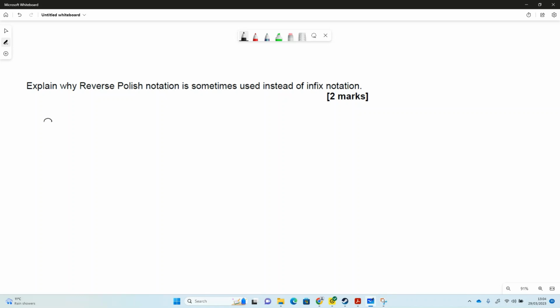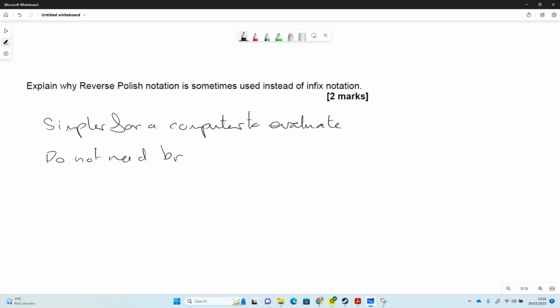We could say it's simpler for a computer to evaluate, because of the way the computer works with the stack, we can evaluate the expression in one go rather than backtracking while we're doing that. As a result of that, we can say we do not need brackets